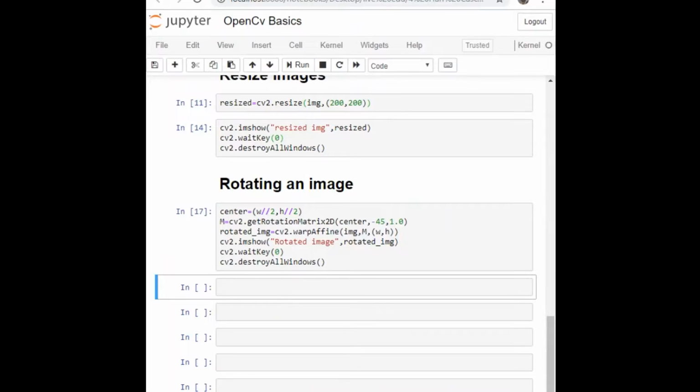So what we did in rotation, we calculated the center about which we want to rotate. We used this double because we want to perform integer maths, not floating point values. Then we calculated a rotation matrix where minus 45 means we want to rotate it by 45 degree clockwise. We can use some other value also depending on how much we want to rotate. So the positive angles are anti-clockwise and the negative ones are clockwise, and in the end we'll warp our image